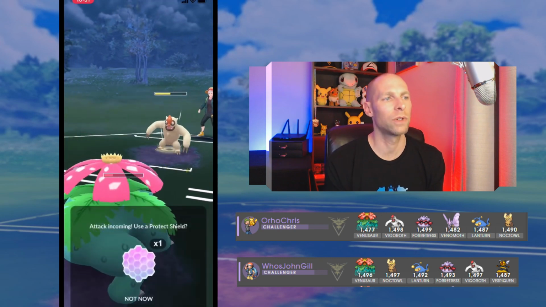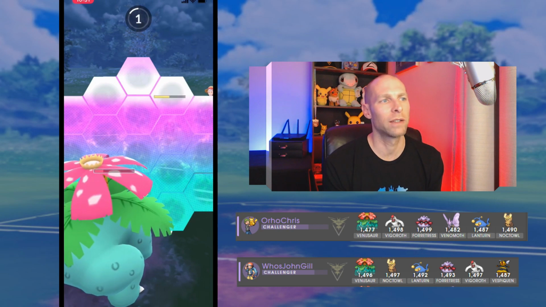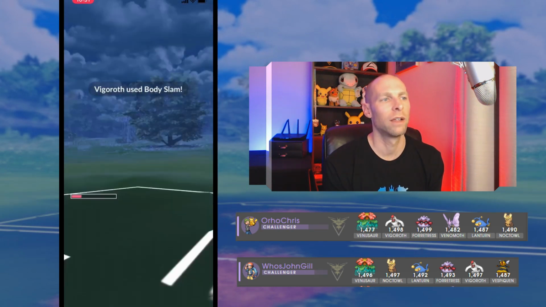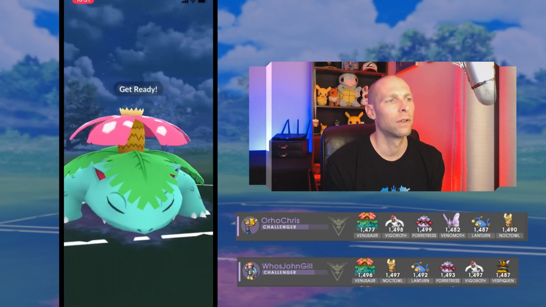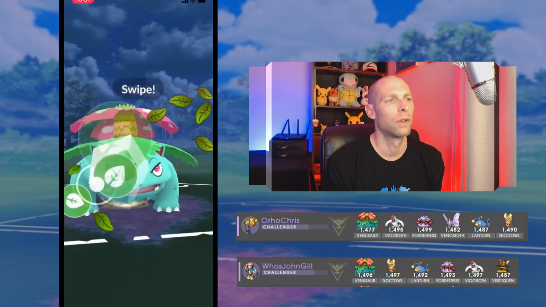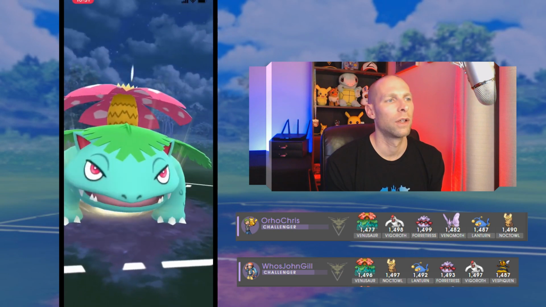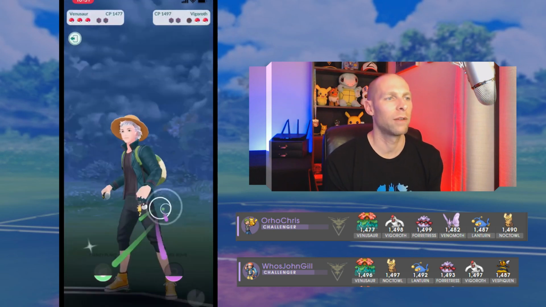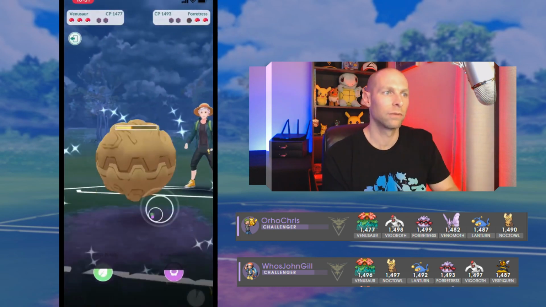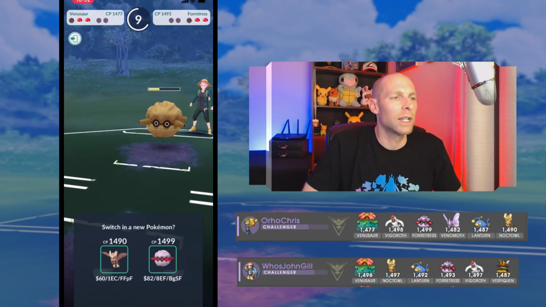So he's going to get to another Body Slam. I'm close enough to a Frenzy Plant that will knock out this Vigoroth that it's worth it to use the shield. Here we do get the Excellent. Now he's going to come in probably with Noctowl. Oh, with OrhoChris actually. So he gets that knockout, and now